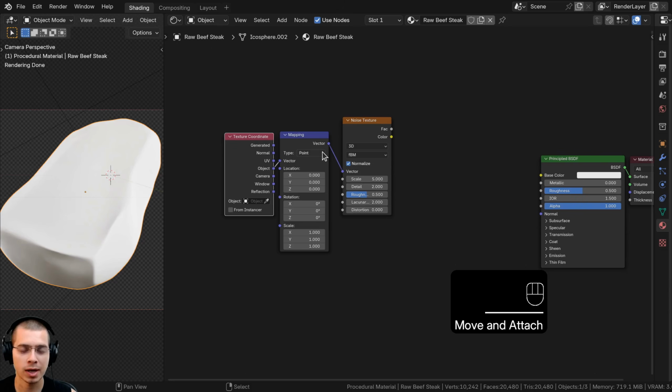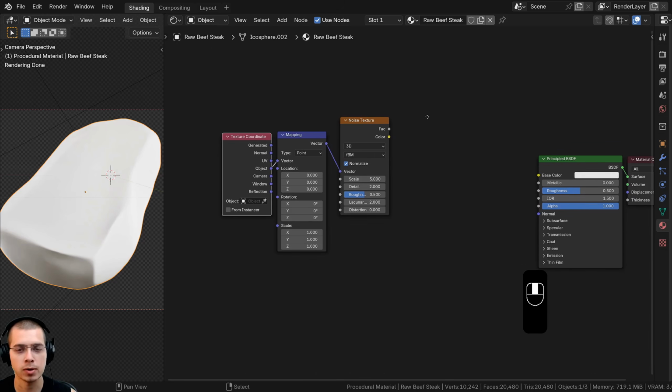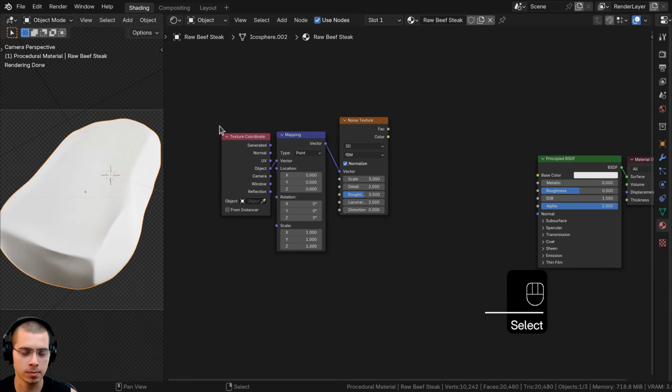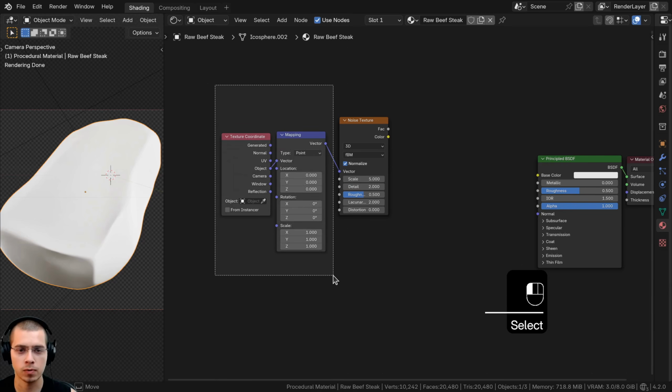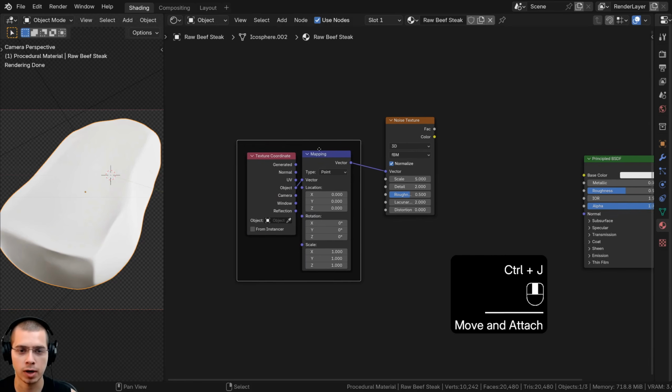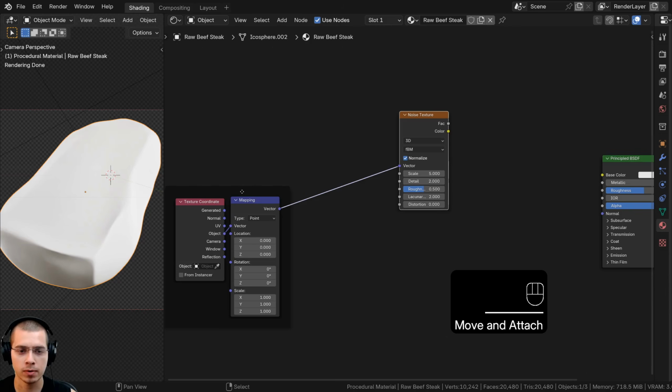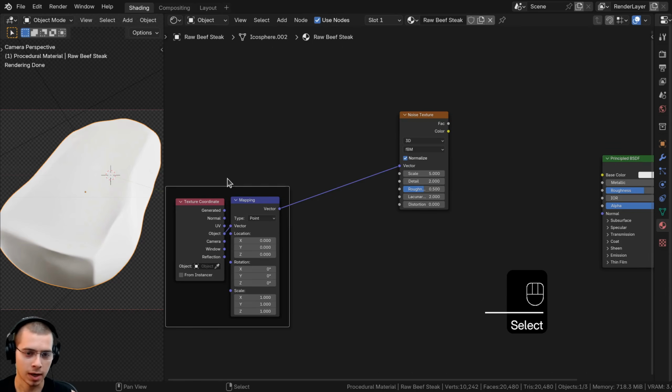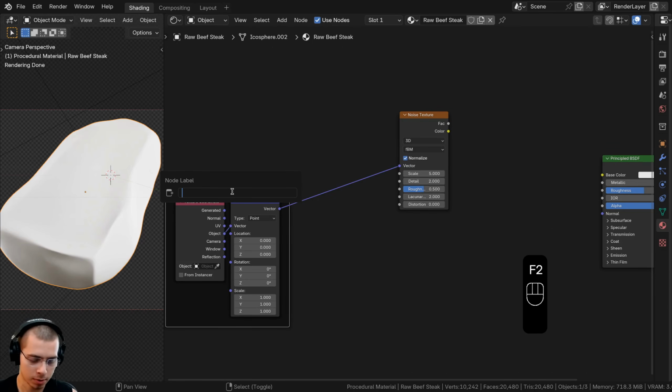And then this material will get a little bit complex. So to keep my nodes nicely organized, I'm going to be adding frames. So I'm first going to click and drag over the texture coordinate and mapping to select both of them. And I'll press Control J to join them together into a frame. So you can select the frame and move it around. And I'm going to click on the frame and I'll press F2 to add a label, and I can just